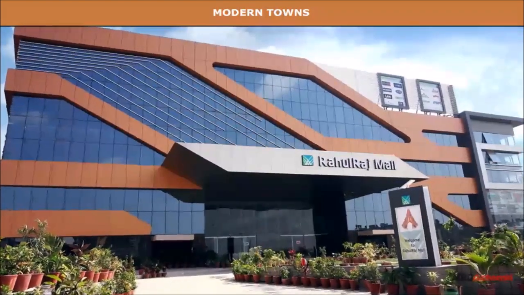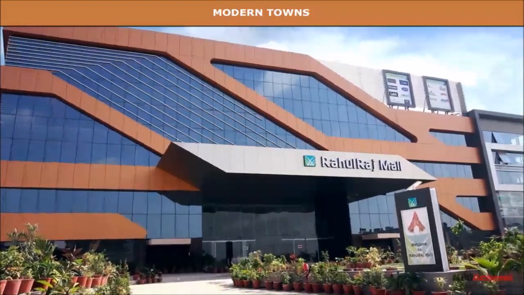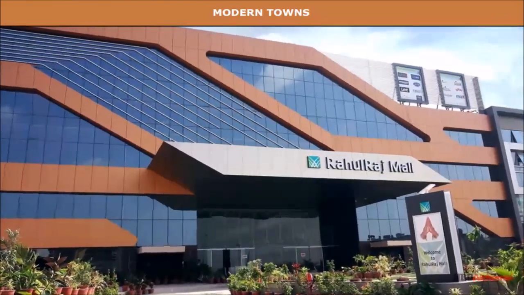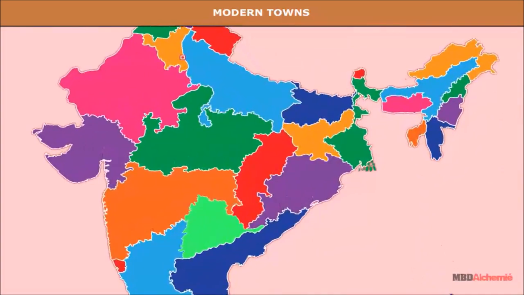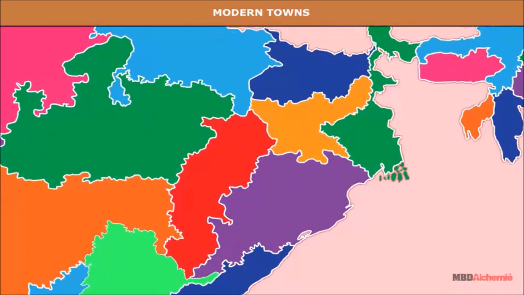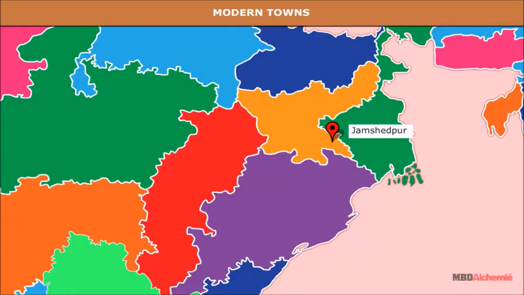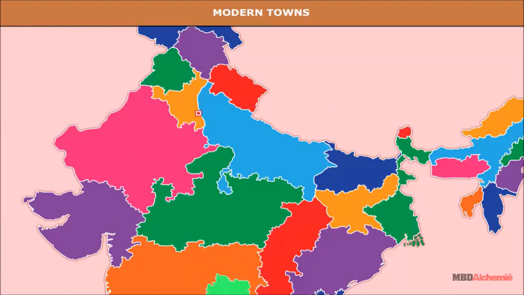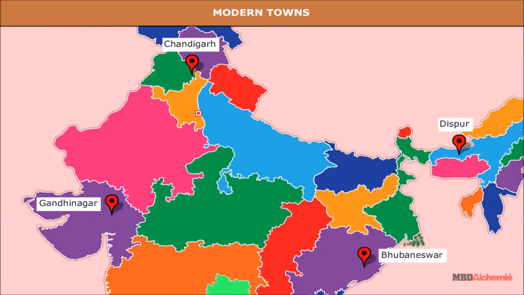They established their administrative centers, hill towns as summer resorts, and added new administrative, civil and military areas to them. After 1850, towns based on modern industries evolved, for example, Jamshedpur. A large number of towns have been developed as administrative headquarters after independence, for example, Chandigarh, Gandhinagar, Bhubaneswar, Dispur, etc., and industrial centers such as Durgapur, Bhilai, Barauni, Sindri.